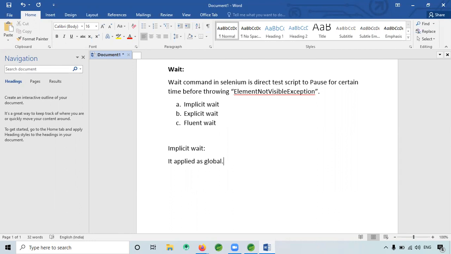What is global actually? It means we can access it from any method. Once you set, for example, implicit wait for 10 seconds, you declare it as a global variable, then you can call that implicit wait wherever you want.